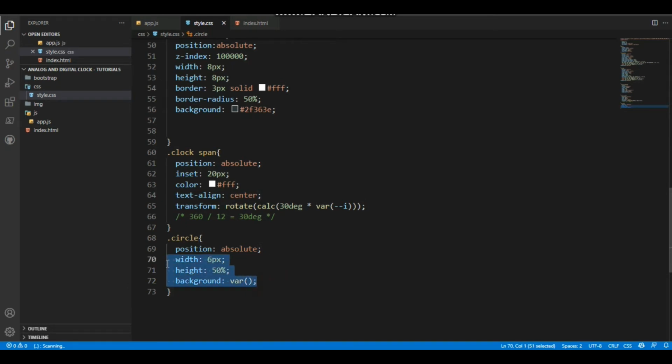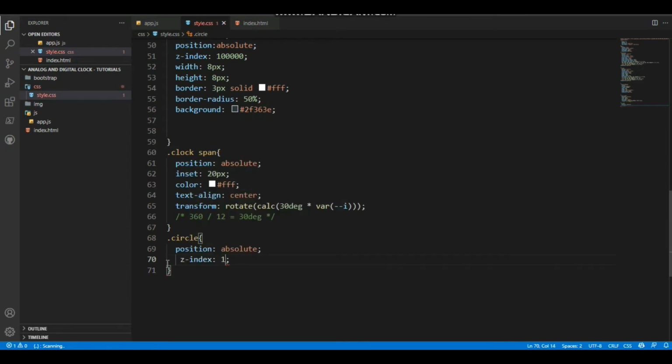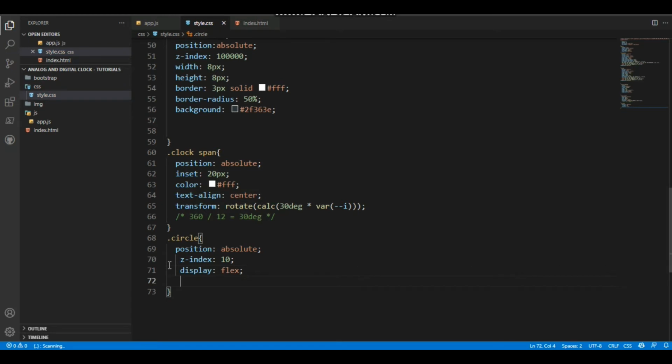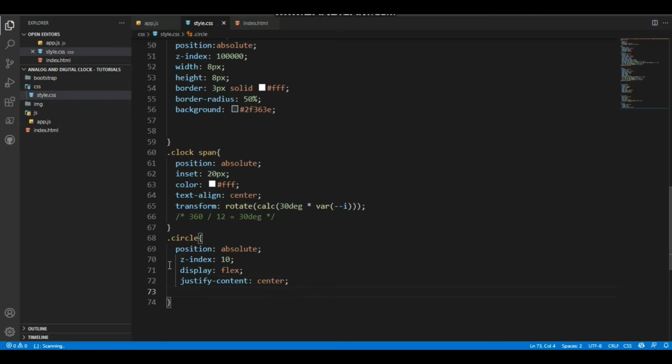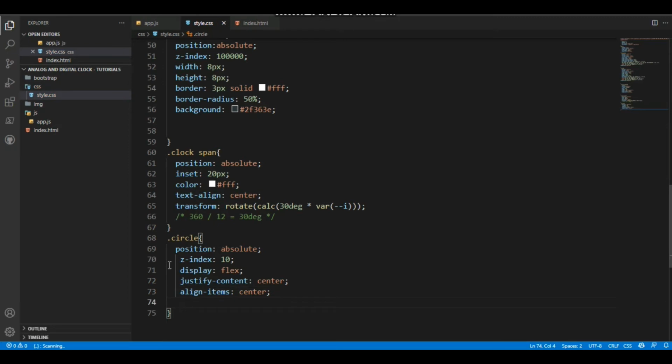I'll delete this. Okay, inside of this position absolute, and I'll give this z-index 10. Display will be flex, justify content center, align items center, and inside of this align items flex-start,